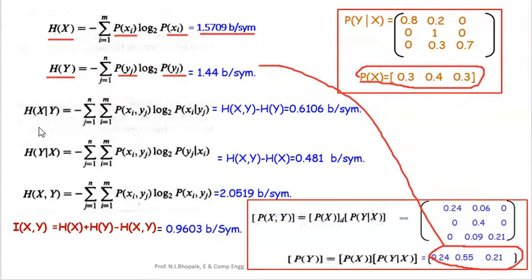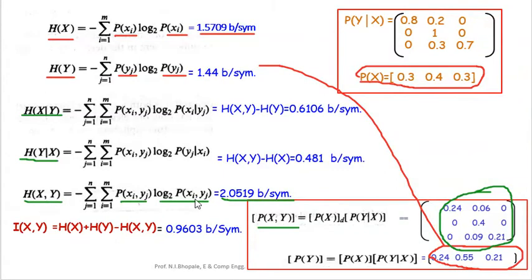Next thing is I want to calculate H of X given Y and H of Y given X. Before that I will proceed with the simplified value, that is H(X,Y). For calculating the H(X,Y), I will take the help of P(X,Y). So all the values over here contribute to calculate the H(X,Y), because it is the straightforward formula, which is P(X,Y) into log of P(X,Y). All these values will be contributing with this particular formula, and it will give me the value, that is 2.0519 bits per symbol.